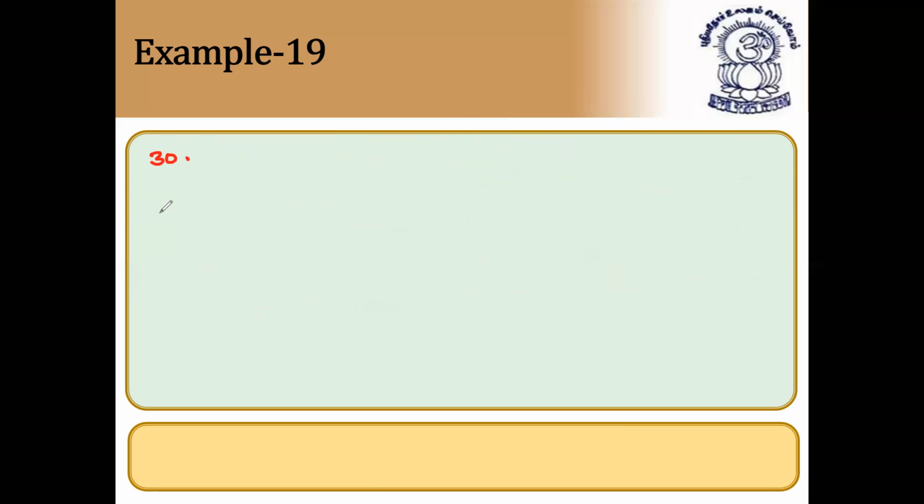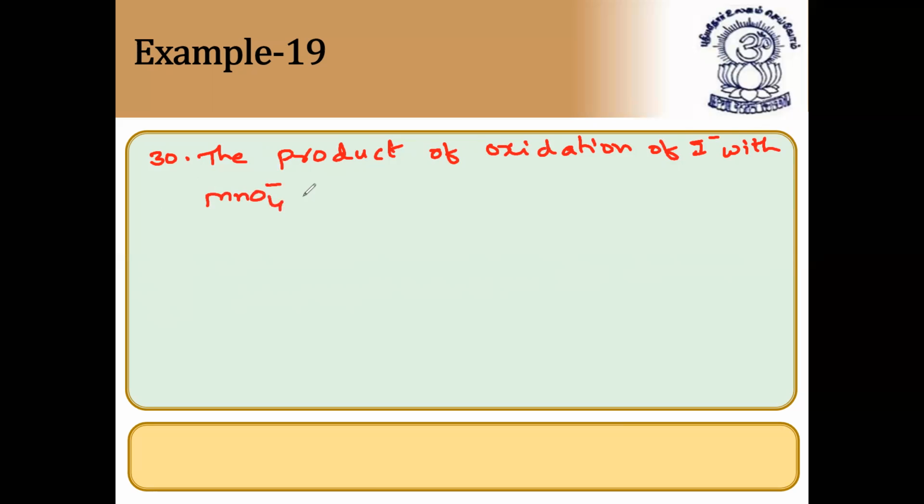Question number 30 now. The product of oxidation of iodine with manganese dioxide with manganate ion in alkaline medium is, so this is also an important question. With manganate ion in alkaline medium, option 1